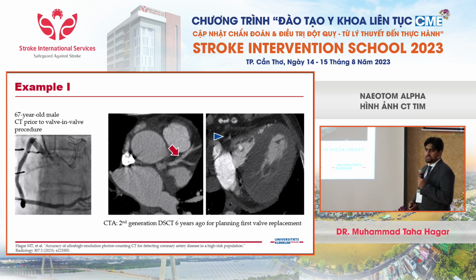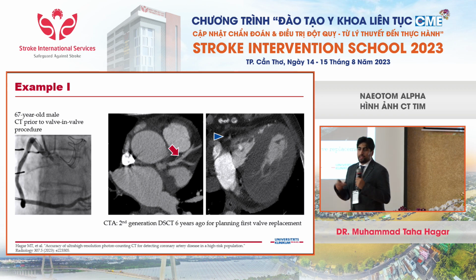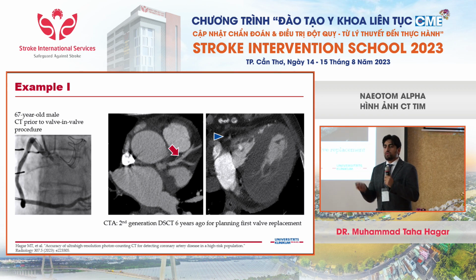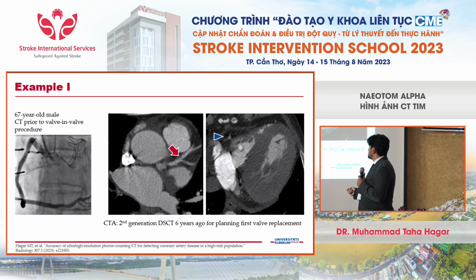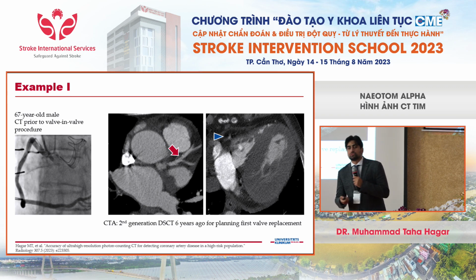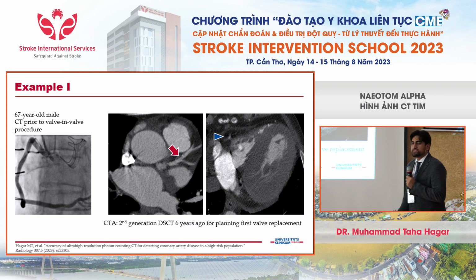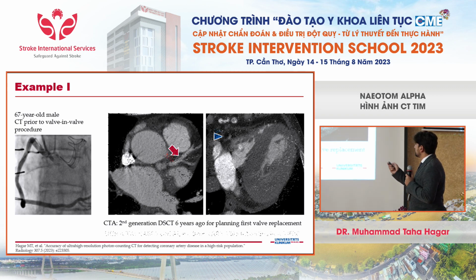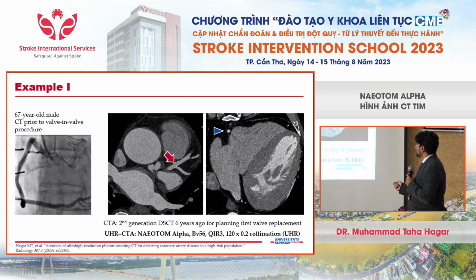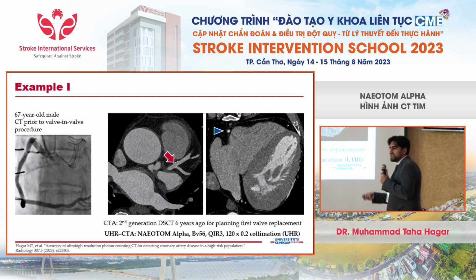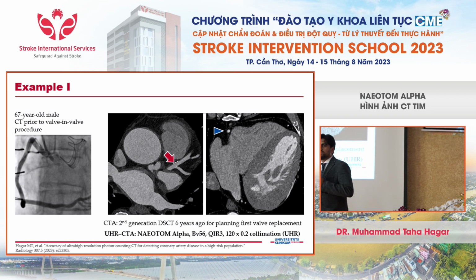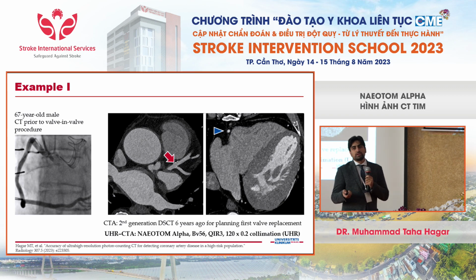One of them is of a 67-year-old male patient who was referred to us for valve-in-valve replacement. On the angiogram you see his previous valve, and this is a CT acquired on a second-generation dual-source CT 6 years ago to plan his first valve replacement. And now look at the improved image quality of the right coronary artery and the left coronary artery on the ultra-high-resolution scan. In these images, you can easily assess the coronary arteries, and these patients don't always require pre-procedural diagnostic